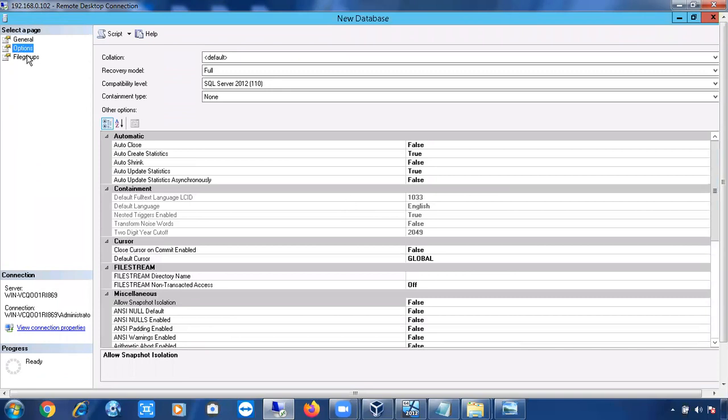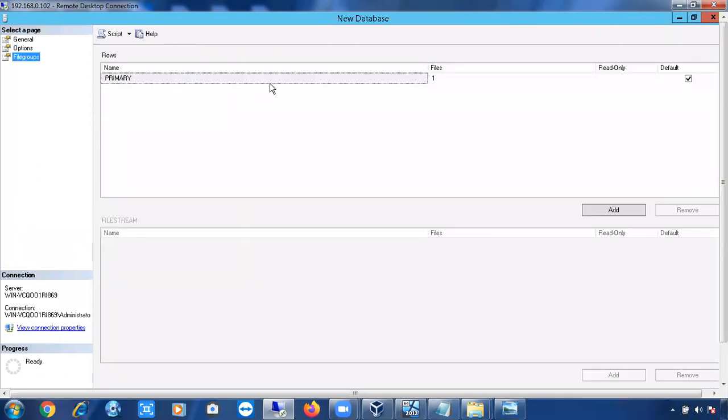Okay, and just go to filegroups. I told you, right, there will be one default filegroup at the beginning. No need to create any filegroups. One primary filegroup will be there. That is the default filegroup for every database. If you see here, this is your primary filegroup, and you can see there is one file in this filegroup. And you can see the read only option is not set. What does this default mean? If I want to create extra filegroups, you can simply select this add button. It will allow us to create new filegroups. I'll tell you in the filegroup concept. As of now, that's it.